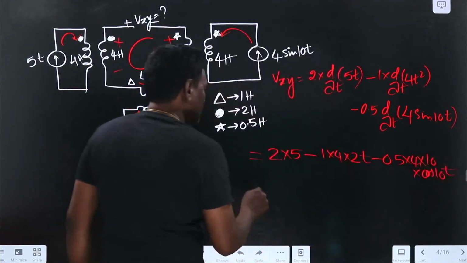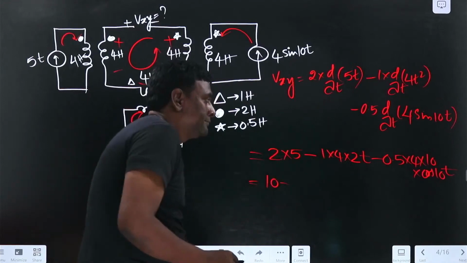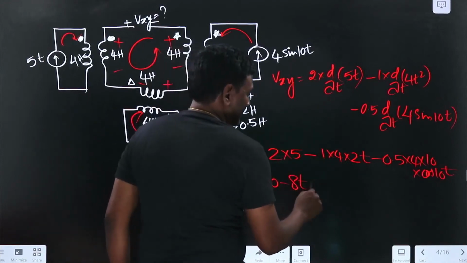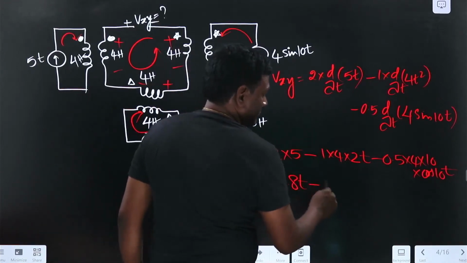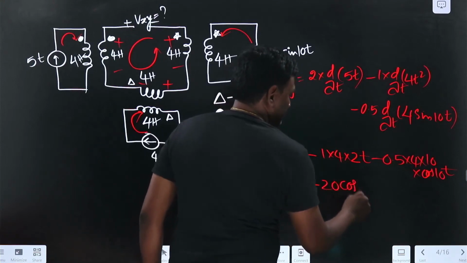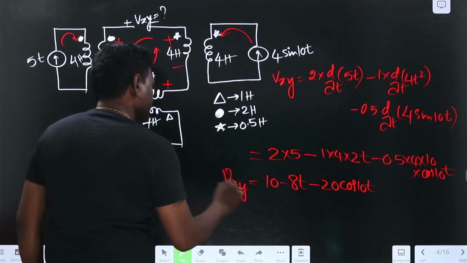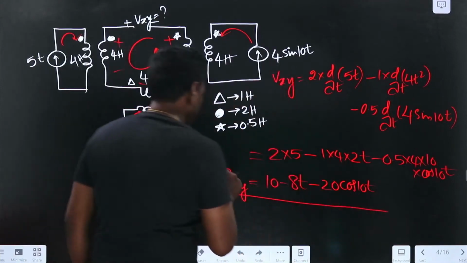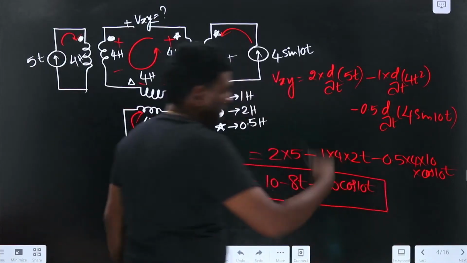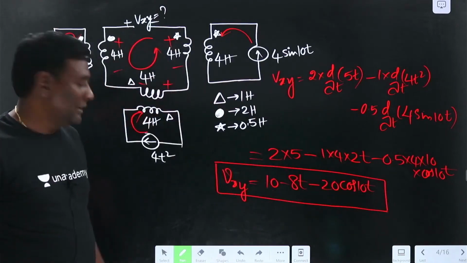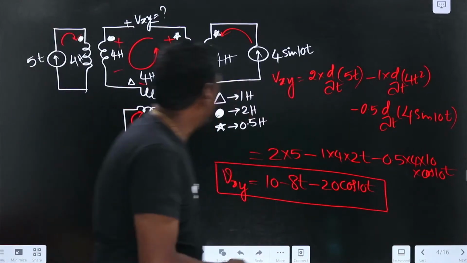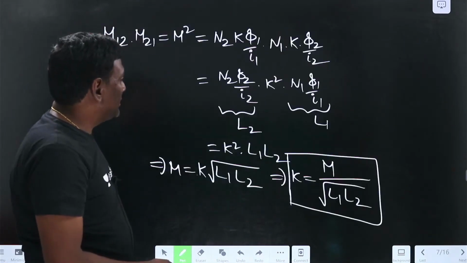Problem solved. So this is going to be 10 minus 8t minus 20 cos 10t, which is Vxy. Okay, in this way problems have to be solved, but try to remember this equation here,